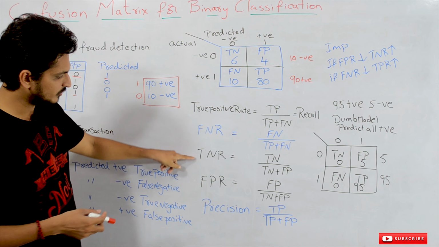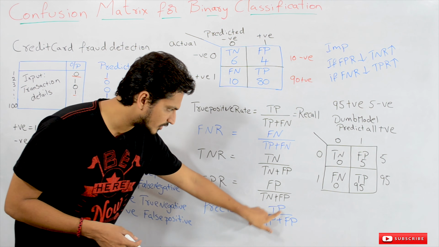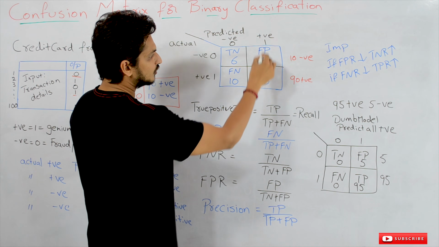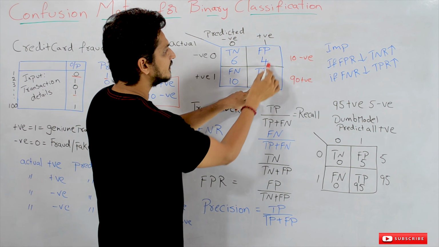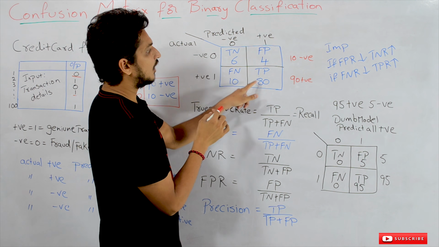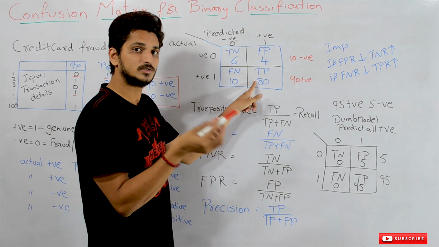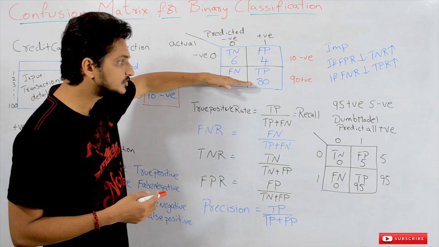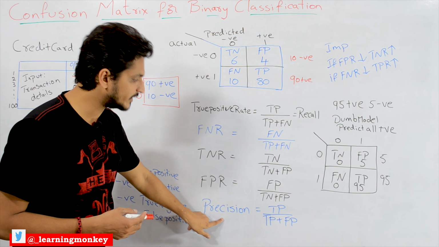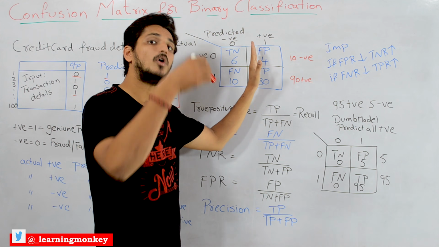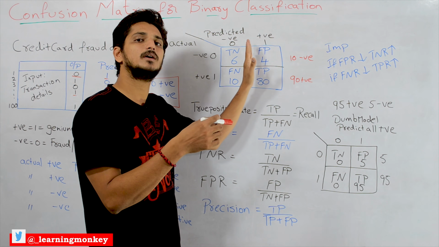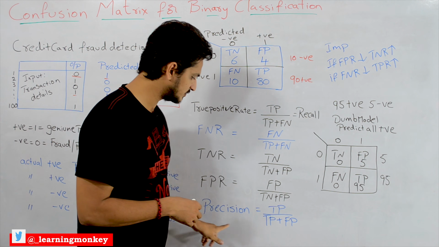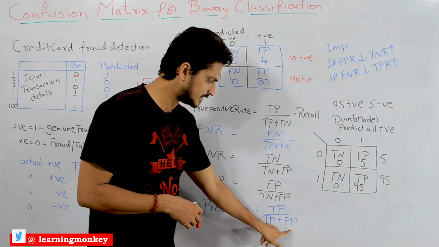And here we forgot one more thing: precision is equal to true positive by true positive plus FP. What does that mean? The total predicted positive points are 80 and 84. Out of the predicted positive points, see the difference. Here all these calculations are out of actual positive points, but this is different. Out of the predicted positive points, how many are actually positive? True positive. That's what the precision value is, TP by TP plus FP.